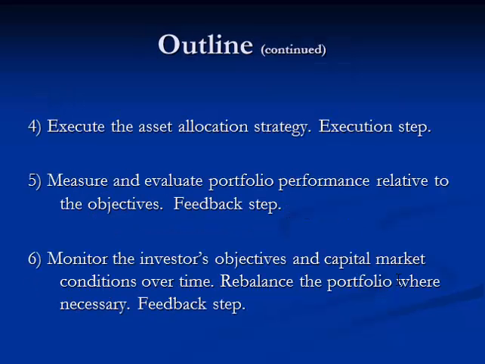Now, item 4 is execute the asset allocation strategy. You'll be doing that in StockTrack. So when you tell me that you have 40% invested in stocks according to your asset allocation, well, that translates into $400,000 worth of stocks that are going to show up in your portfolio in StockTrack. And so you're going to execute things through StockTrack and pulling the trigger, so to speak, and buying assets to match up your asset allocation.